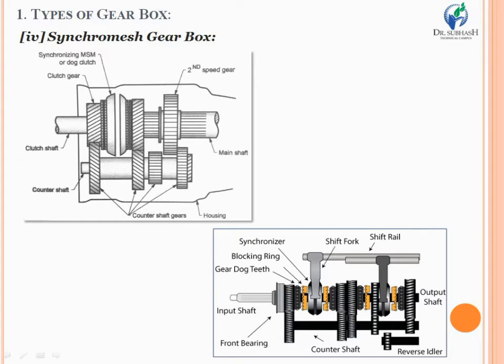So before moving on to the remaining types of gearbox, let's have a little bit of revision of all 3 previous types of gearbox that have been already discussed in my previous video lecture. In case of sliding mesh type of gearbox, we have seen that there are numbers of gears which are enclosed in a common body, say housing, and the ultimate requirement of any gearbox, as we know, is to achieve various requirements of torque and speed,